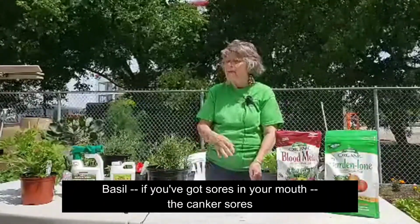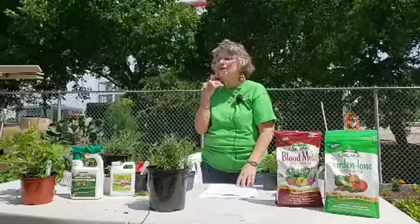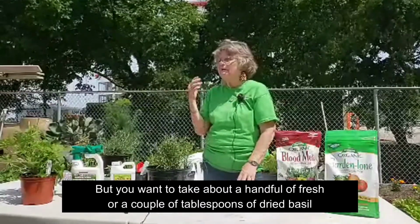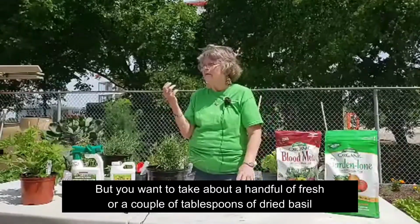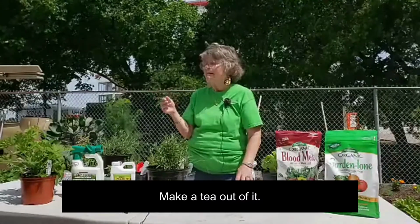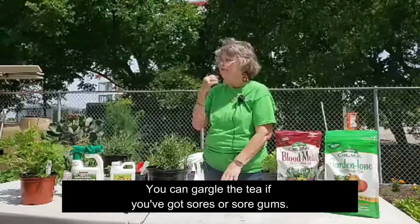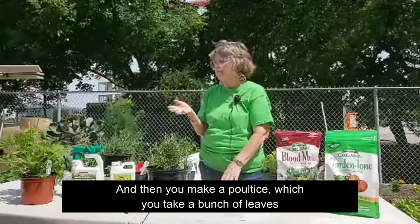Basil, if you get sores in your mouth or canker sores, gargling with basil and just a little bit of salt helps. Take about a handful of fresh or a couple of tablespoons of dried basil and make a tea out of it. You can make it as a poultice and a mouth gargle. You can gargle the tea if you've got sores or sore gums, and then you make a poultice,